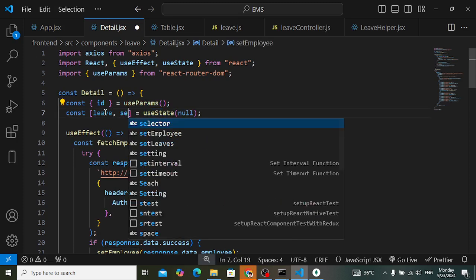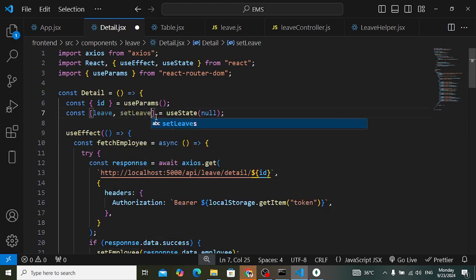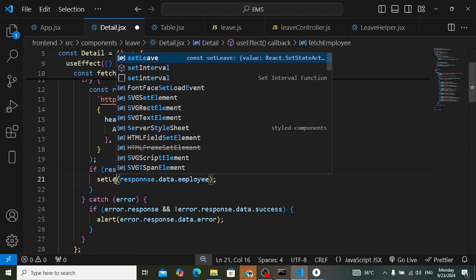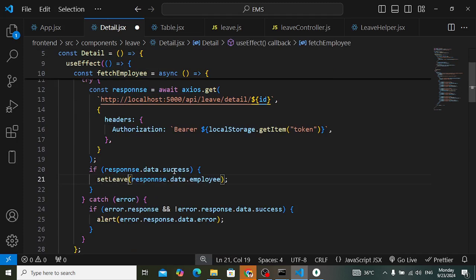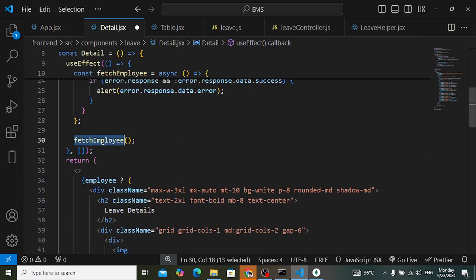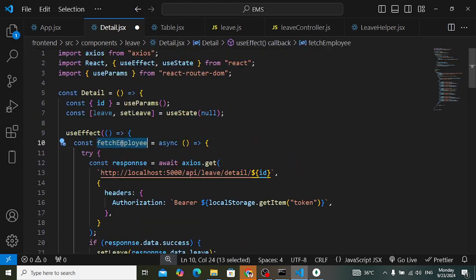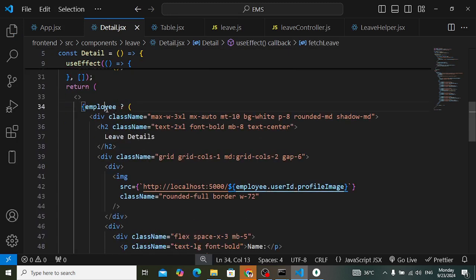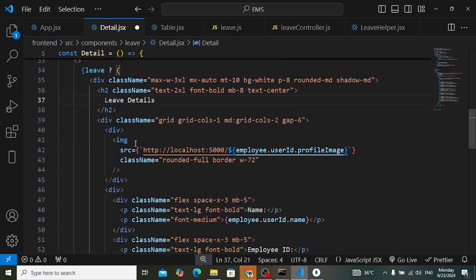set leave, that is null, that is okay, and here I will call set leave, and I will return that is okay instead of this leave. Just come here, fetch leave, call that function. Come here, if not leave, if the leave did not exist, then display the leave detail, and here I will display the image like